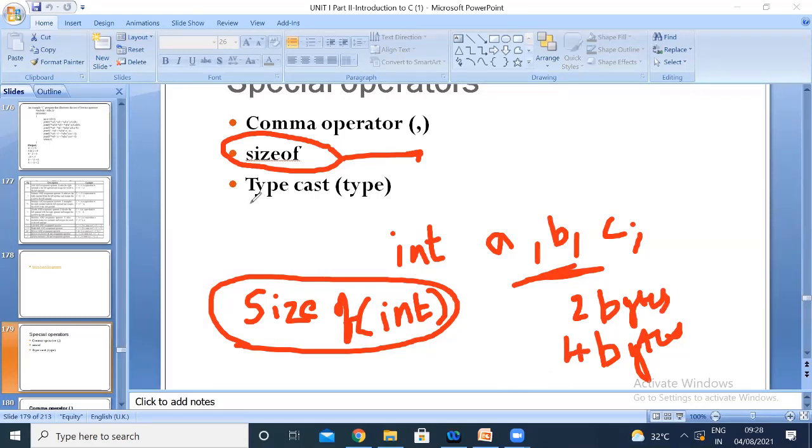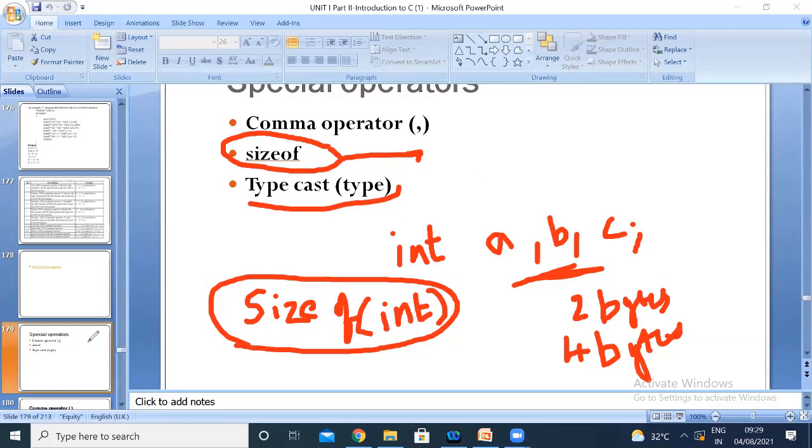Okay, the next one is typecasting. Typecasting means, for example, I want to convert from one data type into another data type. I want to convert from int to float, or I want to represent my answer in integer format instead of floating point representation. Then I can convert into another type by using this typecasting operator.